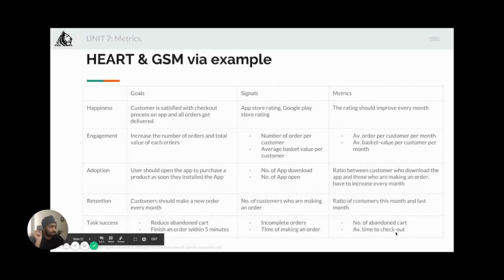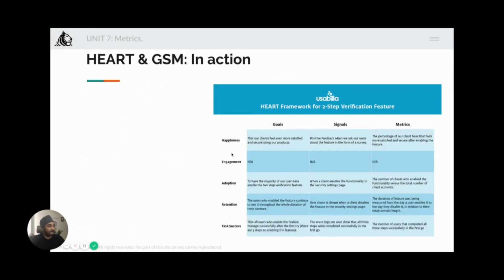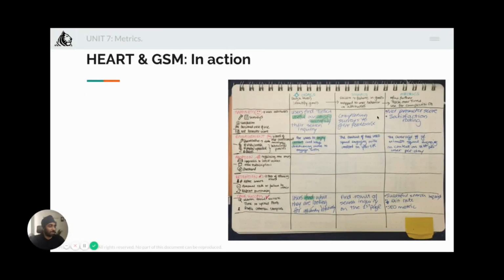Right. This is another example which I picked from the internet, right? And this is a very good job done by someone. I don't know who, but so happiness is user attitudes. You can determine it by surveys, satisfaction, perceived ease of use, net promoter score. You can use any of them to figure out the happiness of the users. The goal is high level, and you get to identify the goals. Signals is success or failure in goals, right? Map to user behavior or attitudes, right? And metrics is refine further, track over time, use for comparison, right?